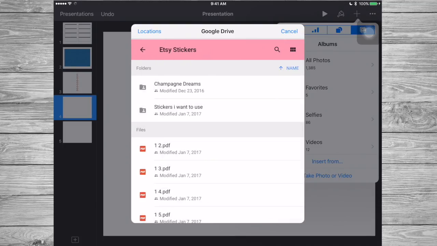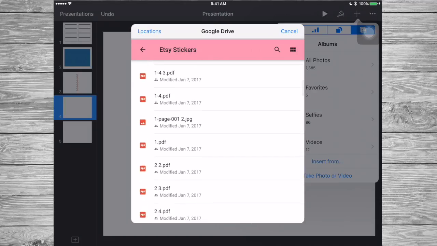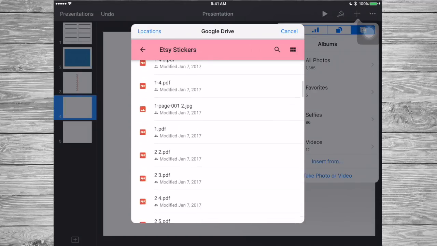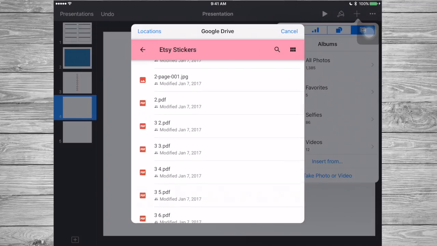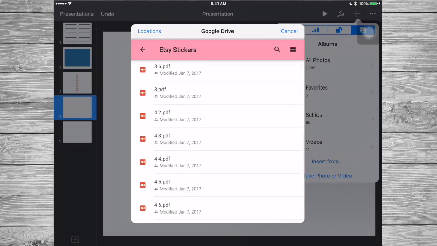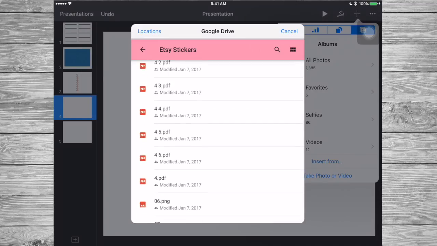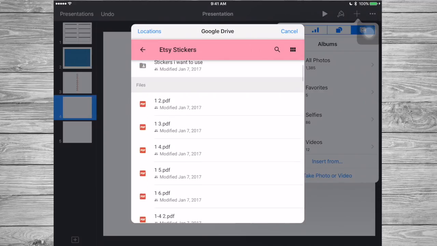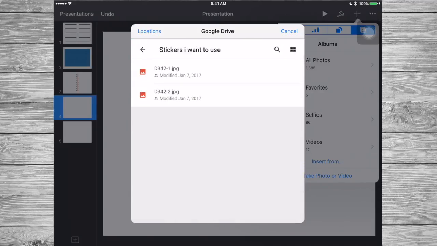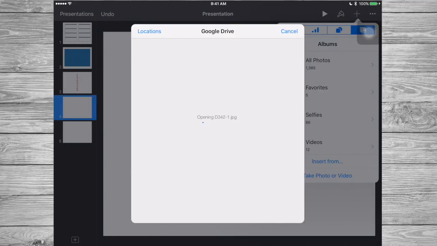I created a folder in here for my Etsy stickers for the ones that I want to use for that week, just so I know which one I'm using, because for some reason it's not showing any of the pictures in here, and they're all named. I didn't name them. I just left them the way they came, just so I know which ones I'm using for that week. So I'm going to select this one,